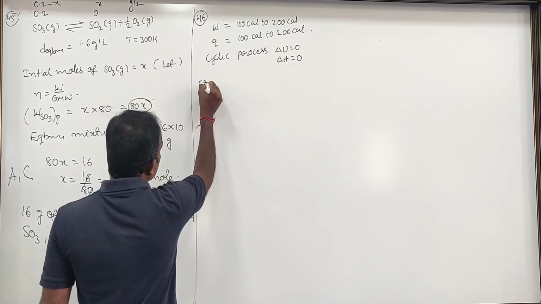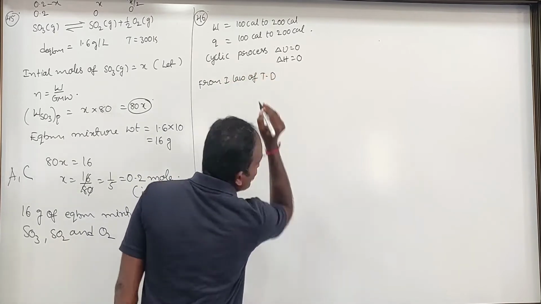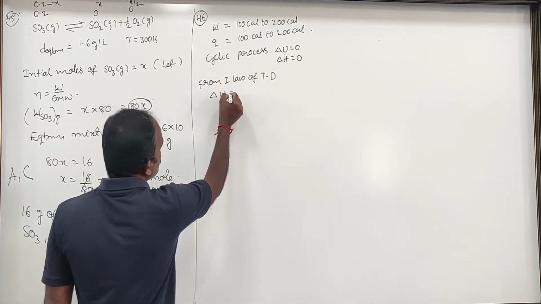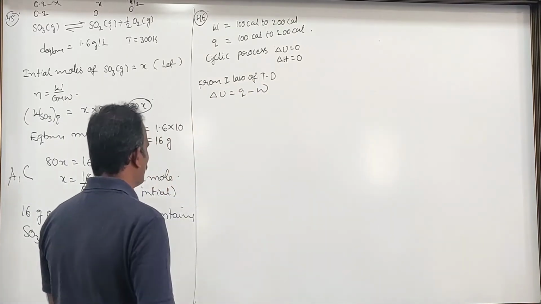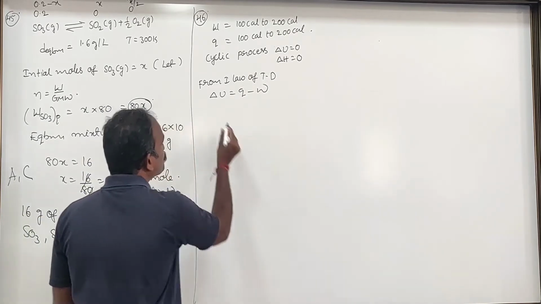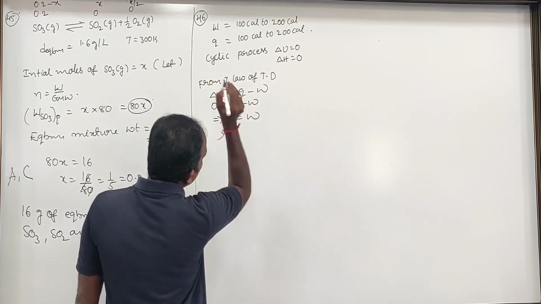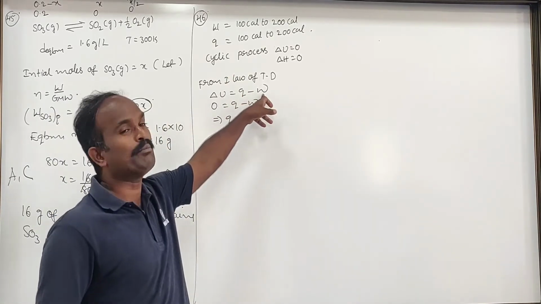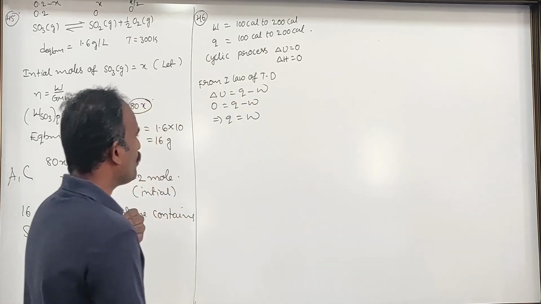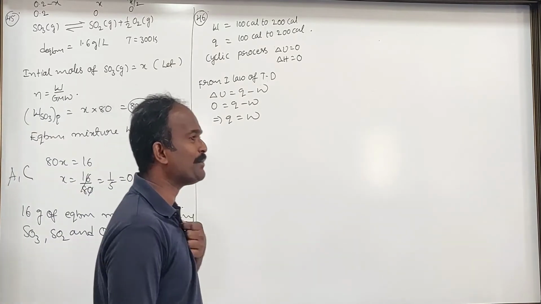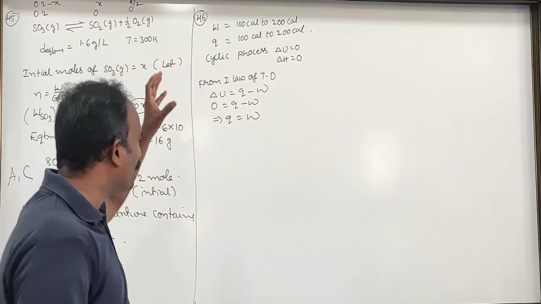From the first law of thermodynamics, delta U is equal to Q minus W. Here we need the magnitude only because they only mention work done by the system or work done on the system. Delta U is 0, therefore Q minus W is 0, which implies that Q is equal to W. Here I have taken work done by the system, that's why I have taken minus W. You can take Q plus W also, it doesn't matter. So whatever the magnitude of heat energy absorbed and the magnitude of work done, both should be equal.